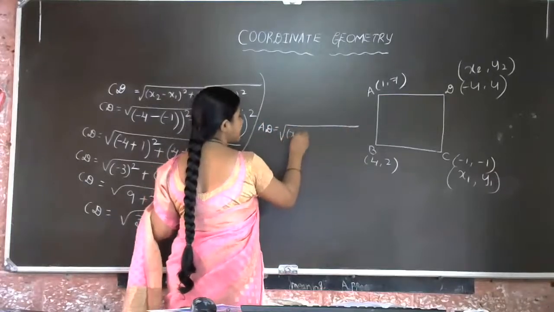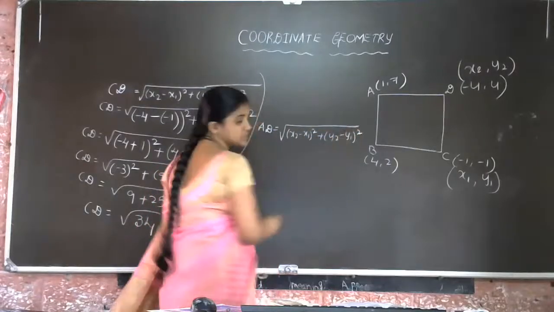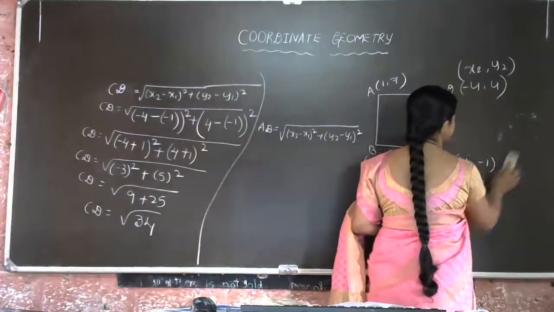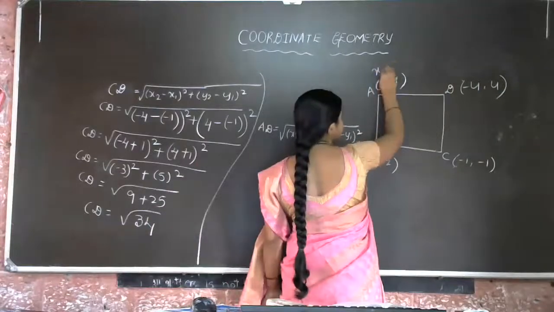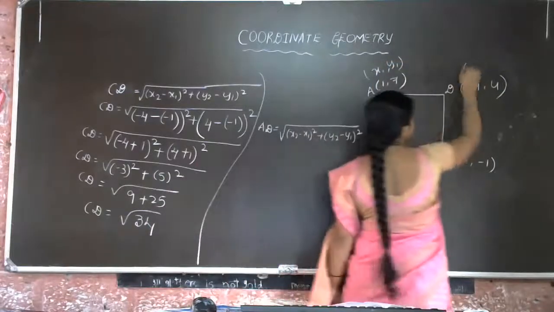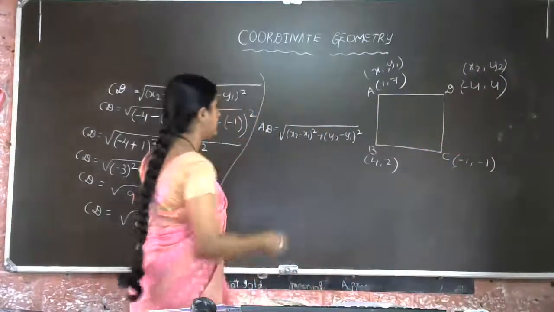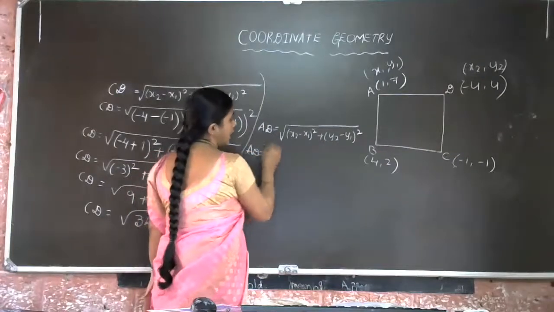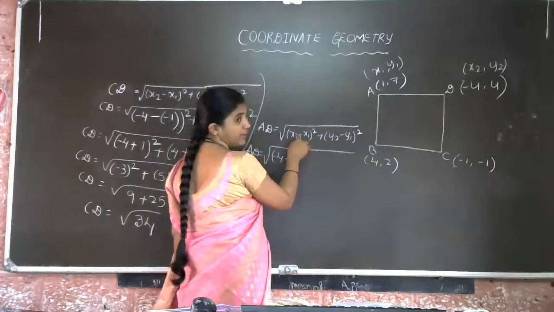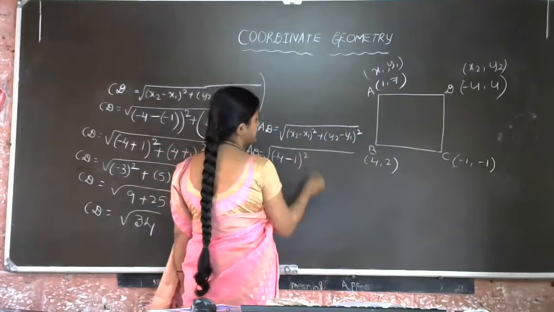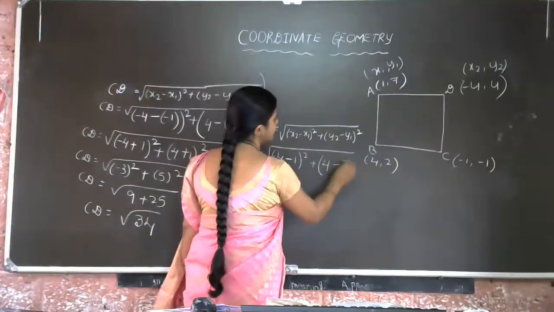So again the same formula: x2 minus x1 whole square plus y2 minus y1 whole square. Now I'll change the marking here. Now we are going to find the distance of AD. For that I'll choose this one as x1, y1 and this one as x2, y2. You can find out DA also if you want. Okay, yes, AD is equal to, in the x2 place, what is there? Minus 4. Again in the formula minus x1, place 1 is there, whole square, plus y2, 4. Next y1, 7, whole square.